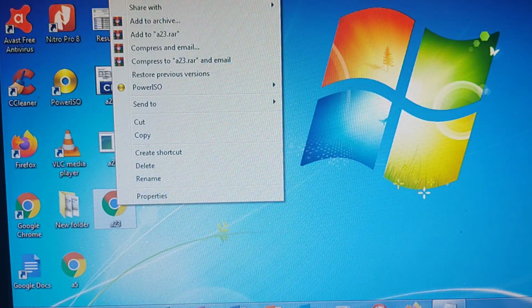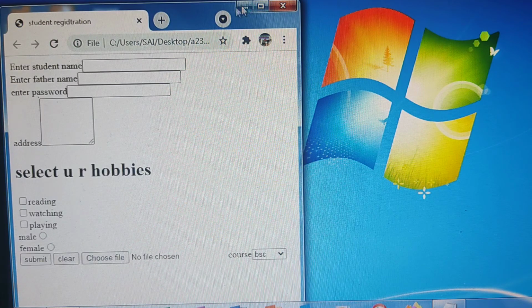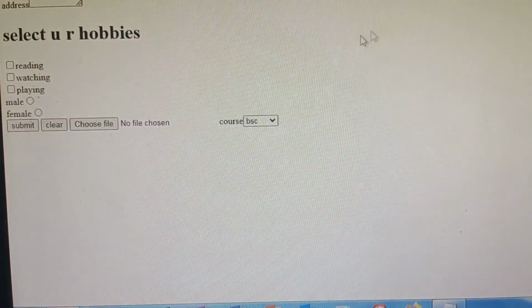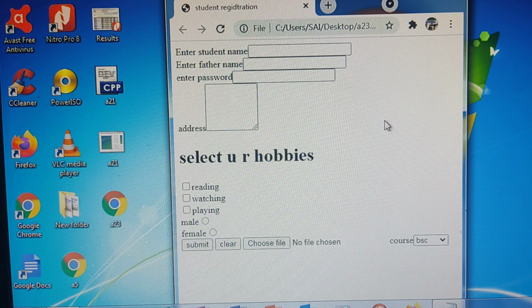When you execute this program, you can see that. I will show you. Whatever options are there, they are not in a proper format. Means one is at the starting, one is at the ending, and one is at the middle. So there is no proper format here. So if you want to create a registration form in a particular format, you include all these fields in the tables, so that in a particular column with a particular width, your fields will be displayed.